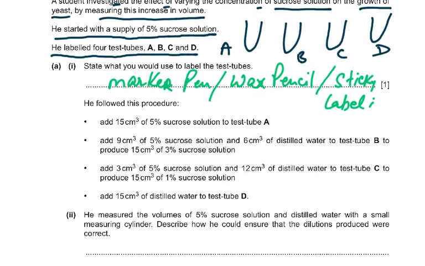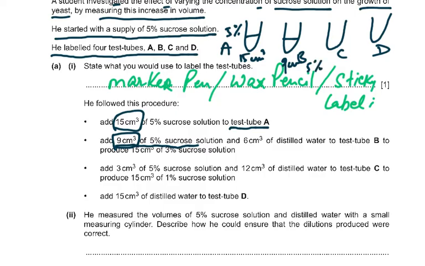He followed this procedure. Add 15 cm cube of 5% sucrose solution to test tube A. Then add 9 cm cube of 5% sucrose to test tube B. So in A we added 15 cm cube, and in B we added 9 cm cube of 5%,